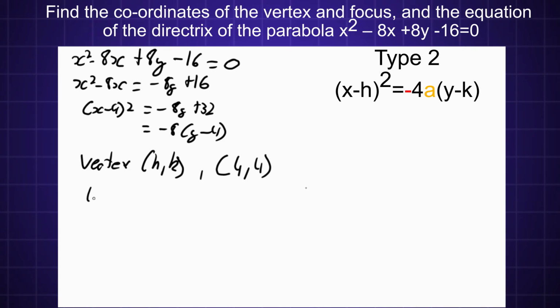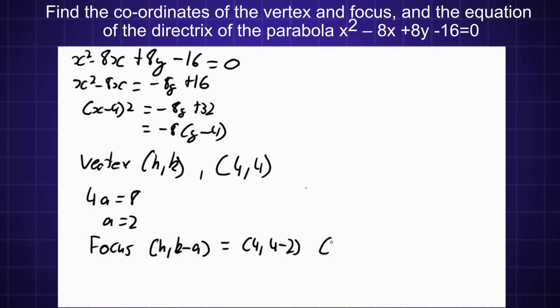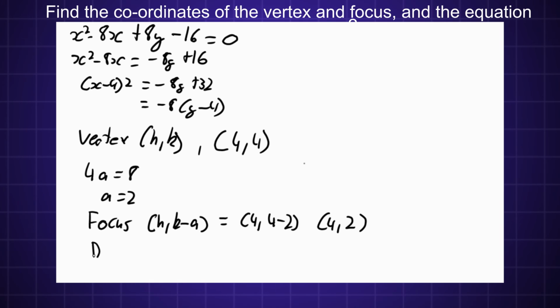Now 4a is equal to 8. If we divide both sides by 4, we have a, the focal length, which is equal to 2. Now since the focus is at (h, k minus a), we can substitute all values in, giving (4, 4 minus 2), which gives the point (4, 2). Lastly, the directrix has the equation y equals k plus a, and substituting in gives y equals 4 plus 2,